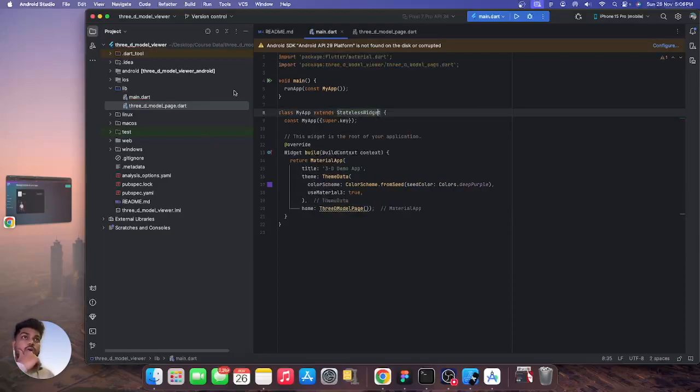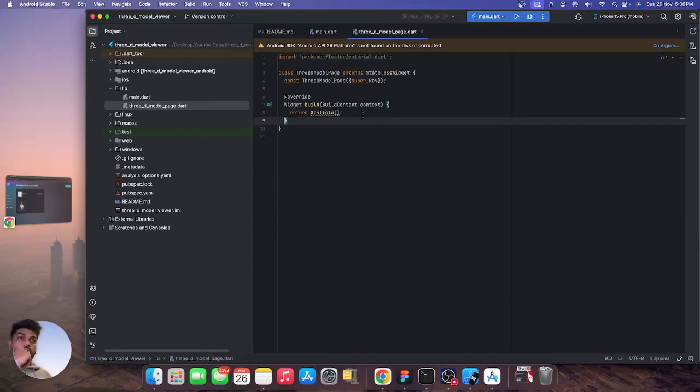Okay, so we have called our stateless widget from the main.dart file, and we are going to add our code